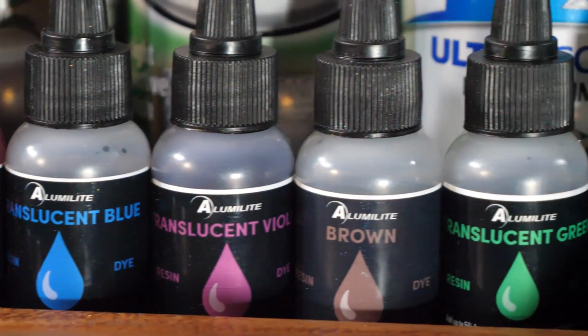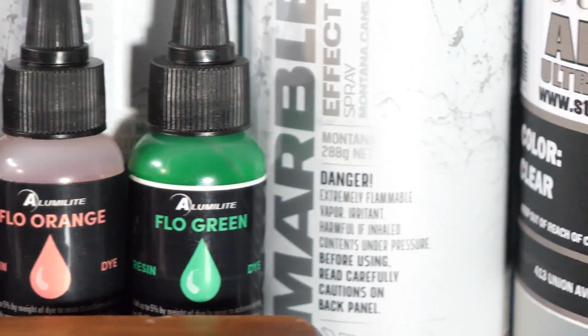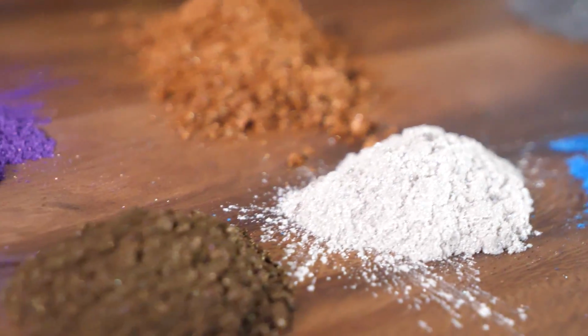Our epoxy dyes are very concentrated, as well as our metallic powders. A little bit goes a